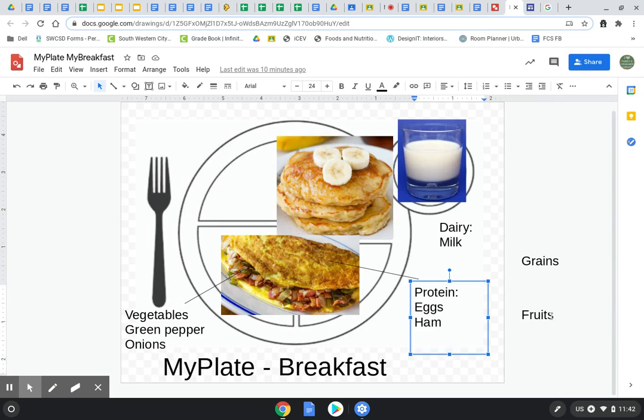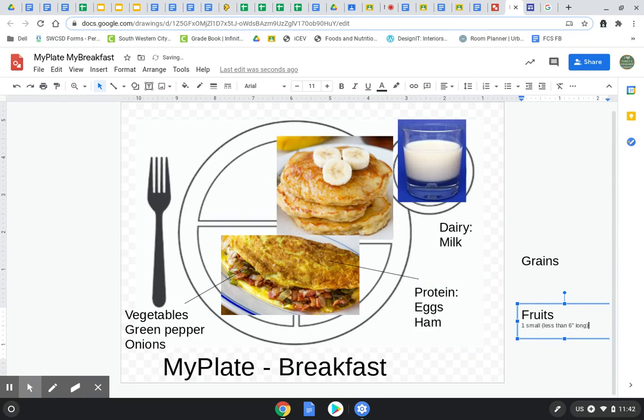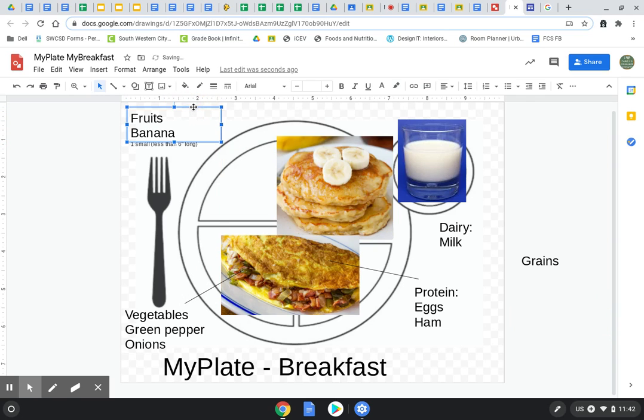And I need to put my fruits in. Banana. Put this up here. I'm going to add my line to bananas.